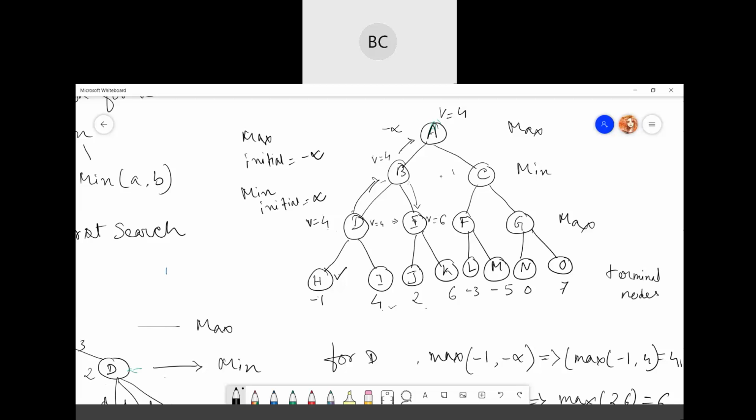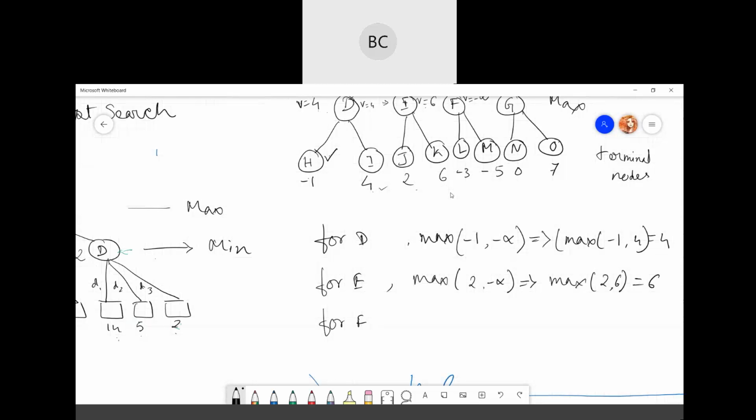Again, same thing. Initially it is minus infinity for max and plus infinity for min here. Here you will compare initially v equal to infinity and then the value is updated to 4, and once it's here you will just compare 4 and 6, it will be 4. Here again v equal to minus infinity, the initial value. So for F, again do the same thing. You will find the max of minus 3 and minus infinity.